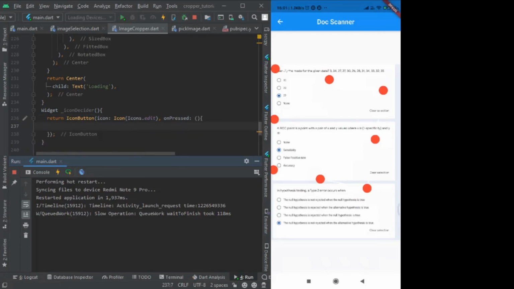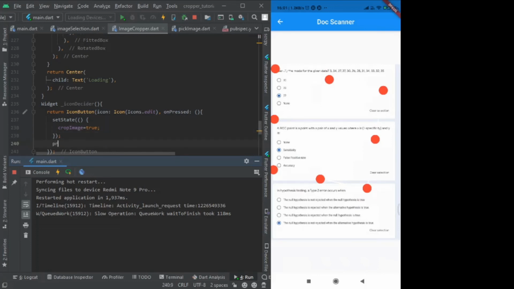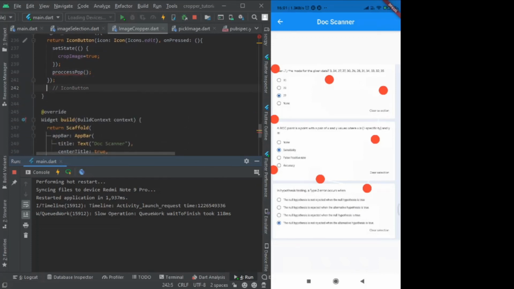And what we have to do is we have to set state crop image is equal to true. And then we have to process and pop the image. Means pop the screen, and we have to get back to the original screen where we can see the changes. So void